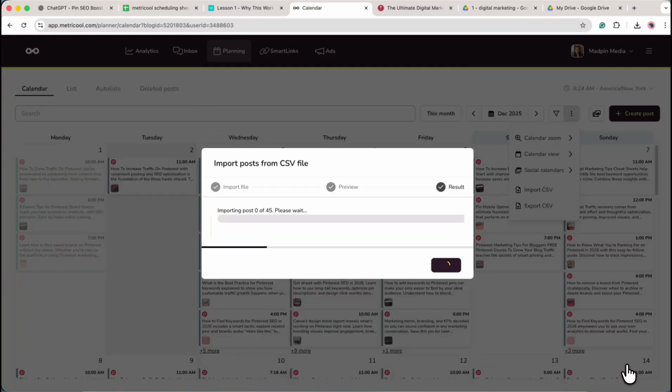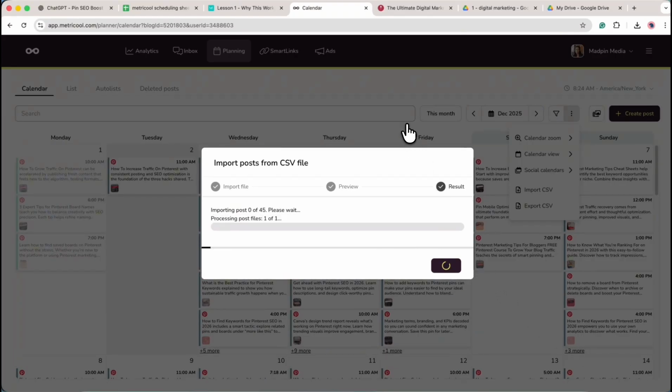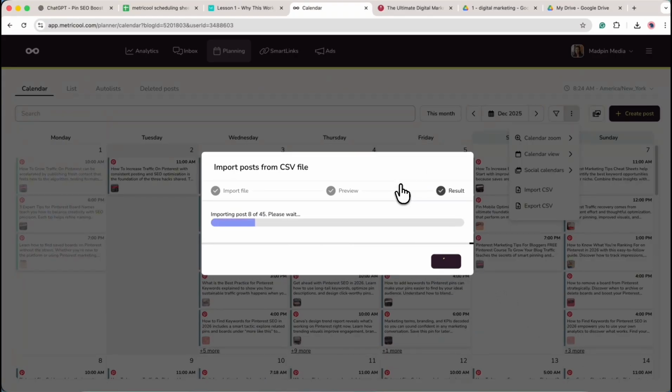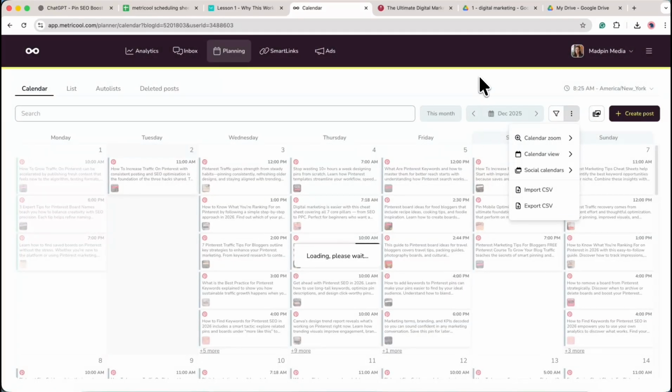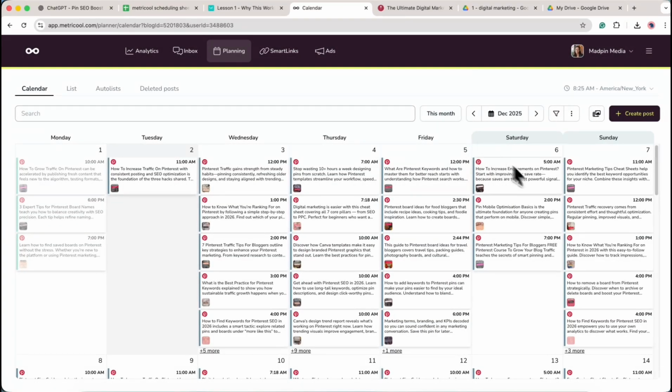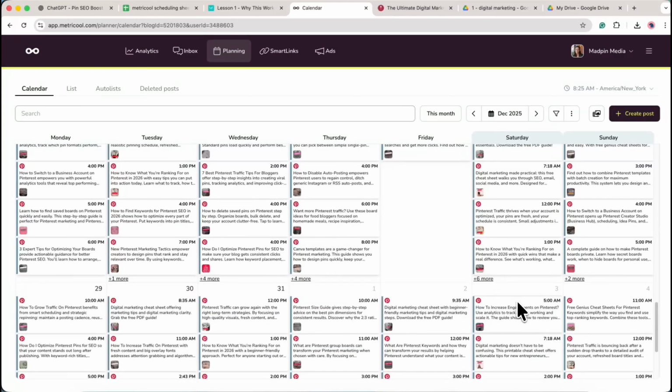So let's just click import. And now it will be importing all of the 45 posts, and it literally takes seconds. It took a halfway break. And we're almost there. And now the import is finished. So we click accept. Now it will reload the calendar, so it will add the posts we just added in